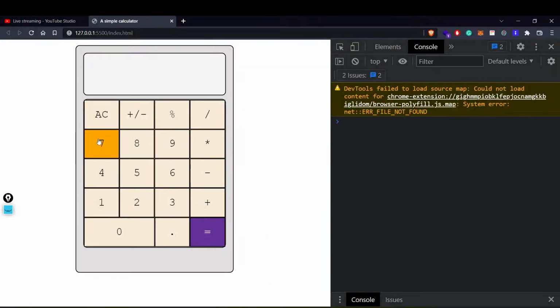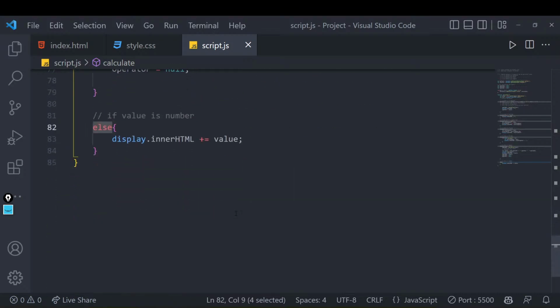Now I hope this should work properly. If I write 49 plus 1, it will work in the right way, right? 50 is our answer. If I write 58 divided by, let's divide this by 3 now, and let's see the answer. See, you can see the answer, right? Now it is working perfectly. There was a very silly mistake about using that if else. Everything is fine now, right?